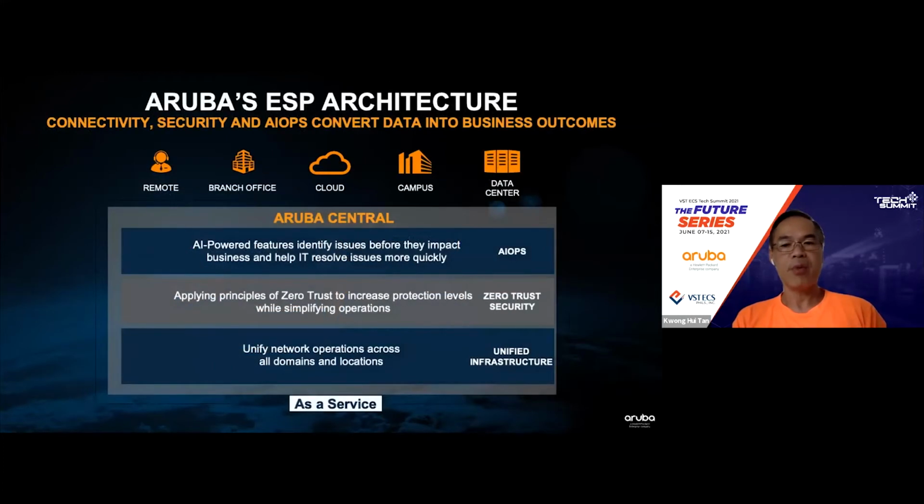Before I go into the SD Branch solution, let's take a look at Aruba's ESP architecture that we announced formally last year in June during the lockdown in Singapore. Like what we did when we wrote Aruba's Mobility First architecture, it was primarily to help customers adapt to the mobility era. Aruba ESP, or Edge Services Platform, is the industry first AI-powered cloud-native platform